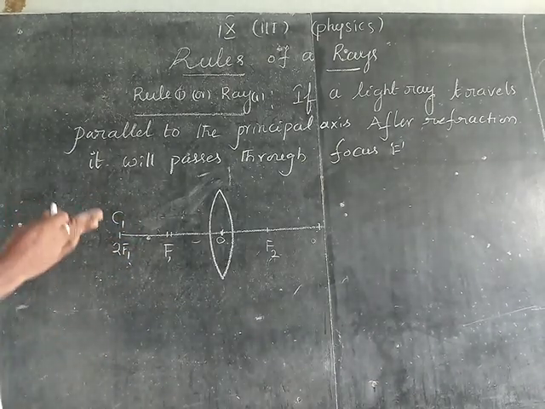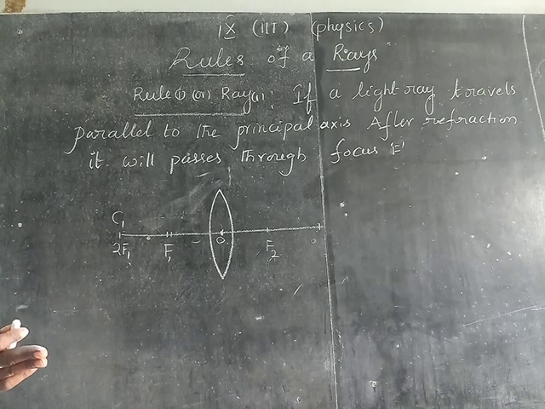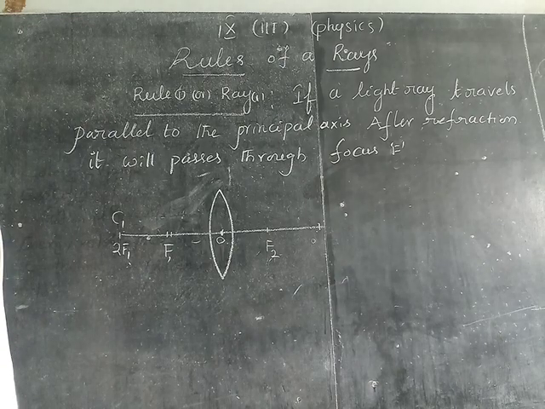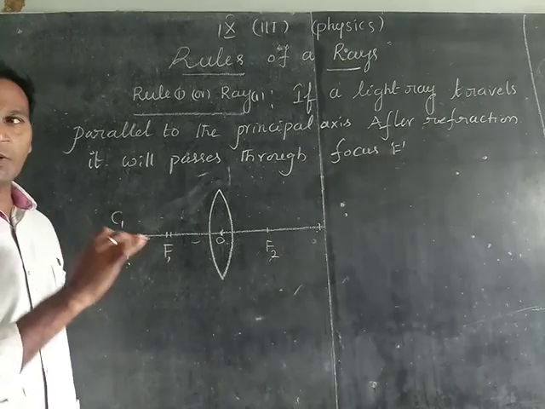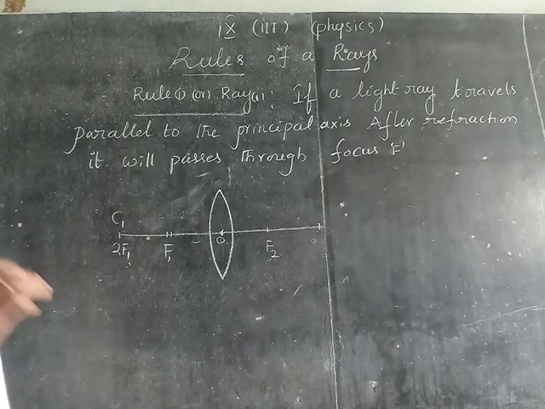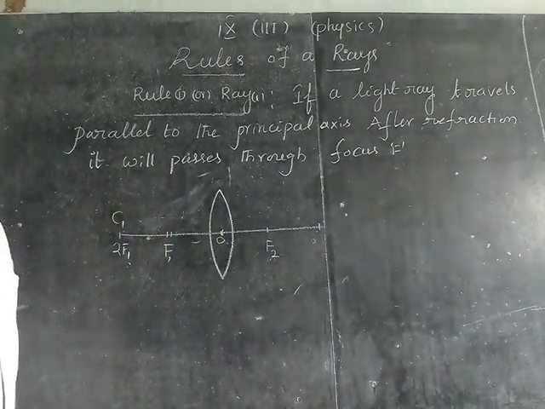Is it completed, the related terms? Center of the curvature, focus, focal point, radius of the curvature, optic center. These are all the related terms completed. Basic terms of the lenses: optic center O, center of the curvature C1, R is the radius of the curvature, F is the focal point. These are all the basic terms of lenses.